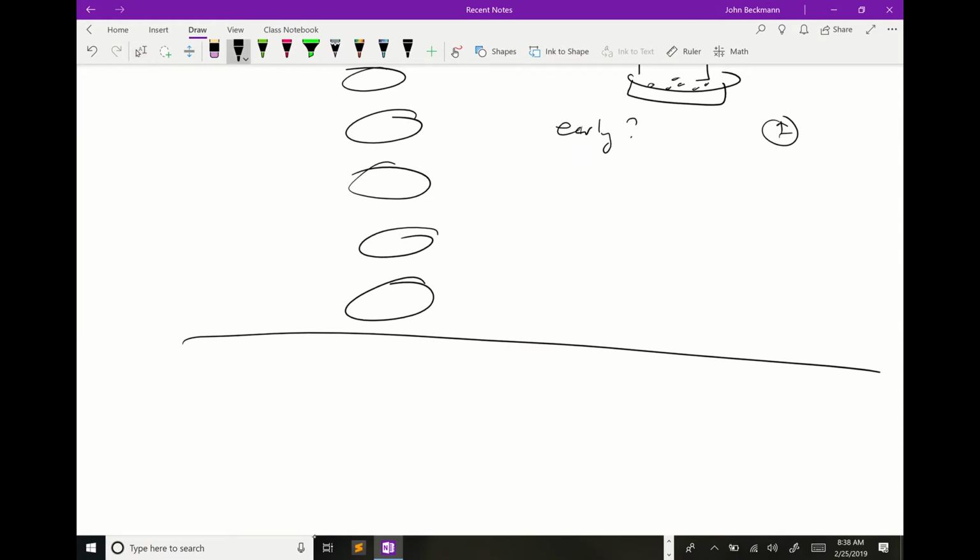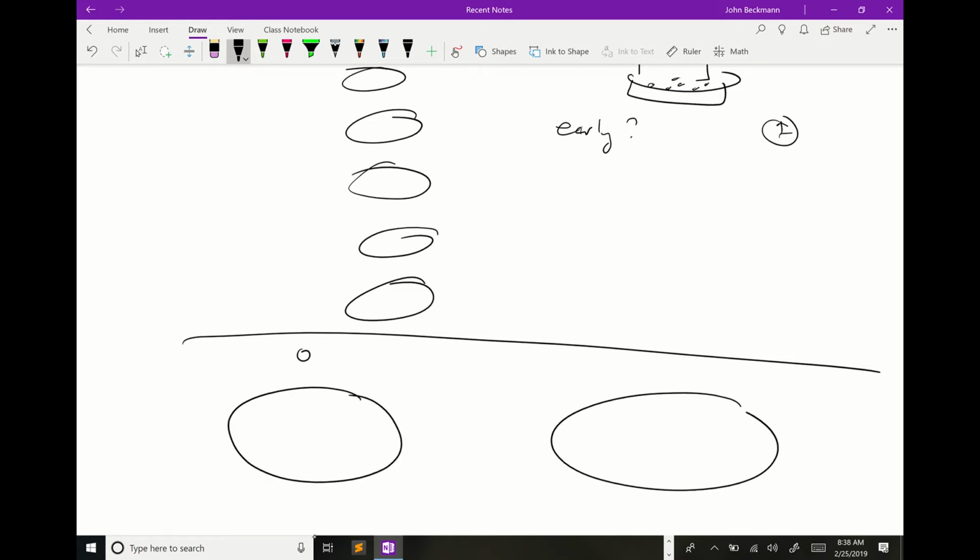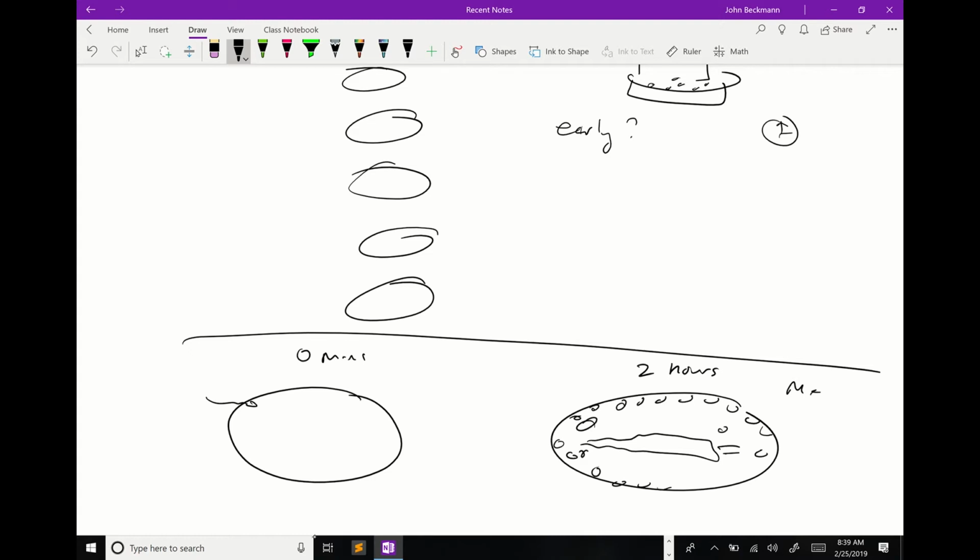Let's do an example. Let's say you have two eggs. This egg is 0 minutes development. It was literally just fertilized. This one is 2 hours developed. It's got cells. It's got a mesoderm, endoderm, ectoderm. I'll do a whole lecture on insect development to explain all this. It's already starting to get organs. It's got stuff inside, and the eyes might already be formed. The gonads might already be formed. You inject